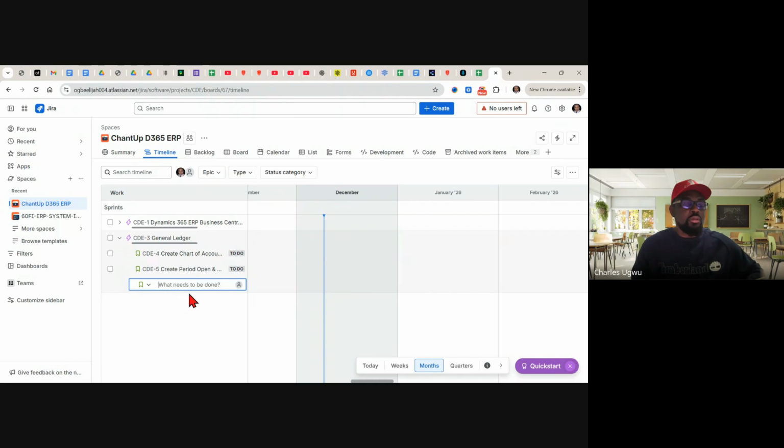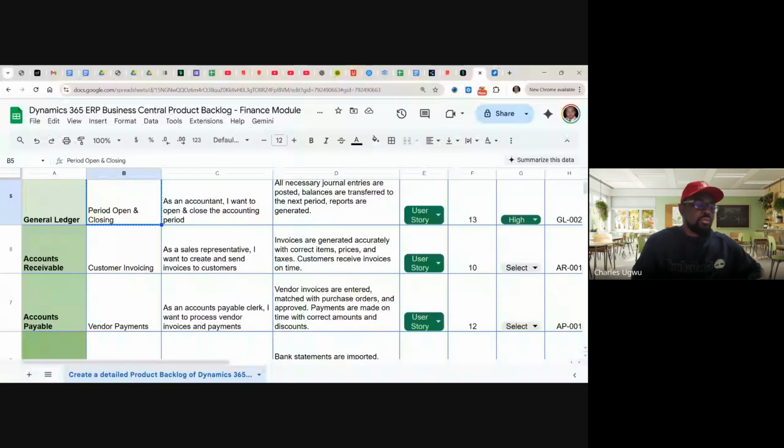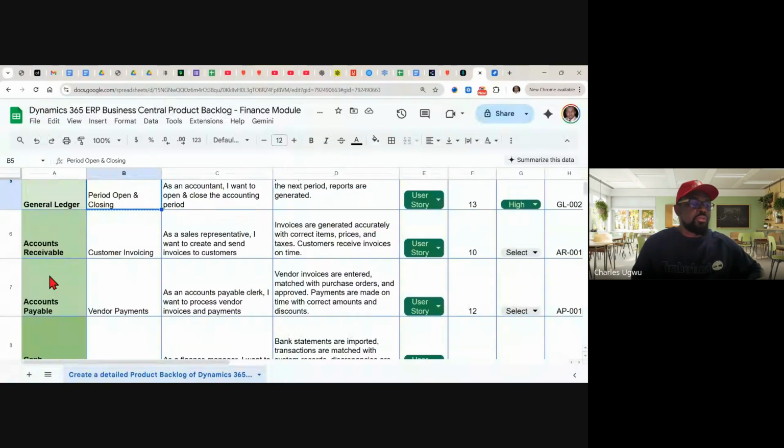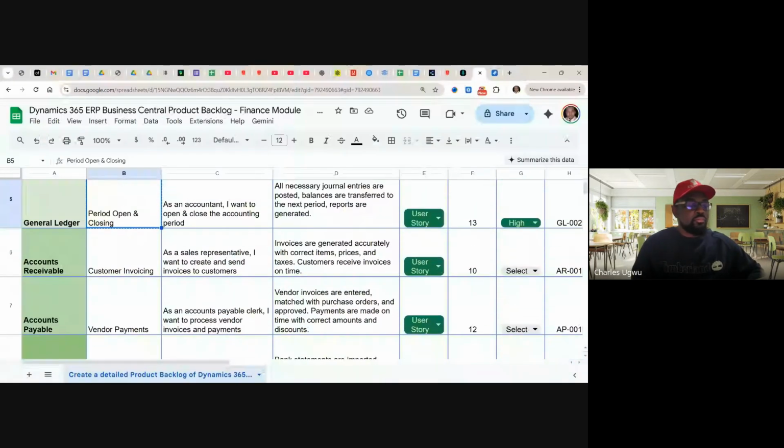And what again do we have on the general ledger? So now we have account receivable, we have cash management, we have financial reporting. So we then are going to move account receivable and account payable.